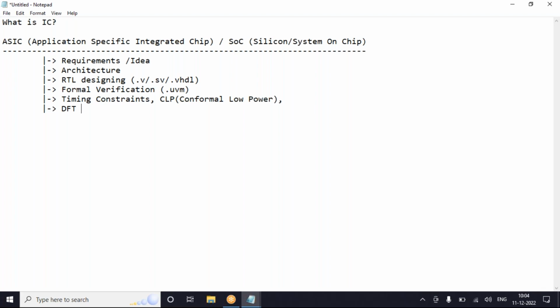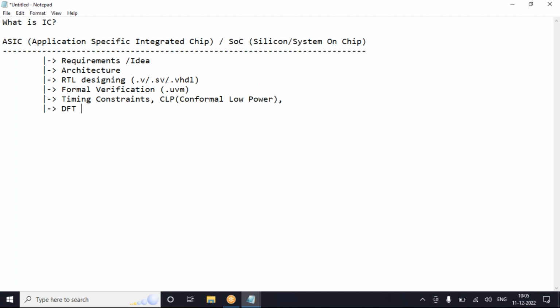Design for testability. That means internal to your design, with respect to the existing RTL code, I will also implement extra logic to implement the algorithms which I want, whether it is JTAG or ATPG or BIST, whatever algorithm I want to represent.